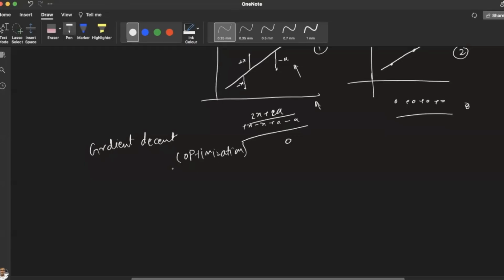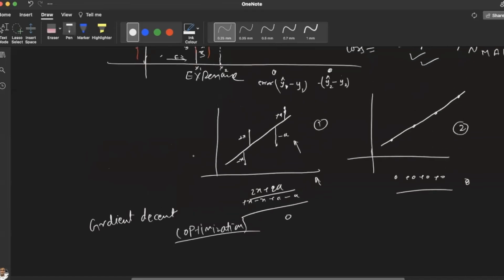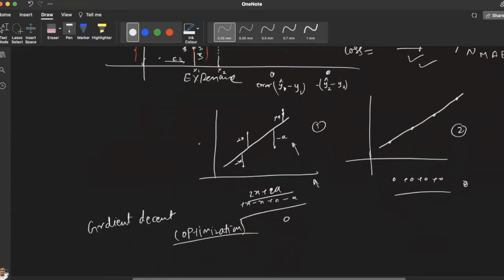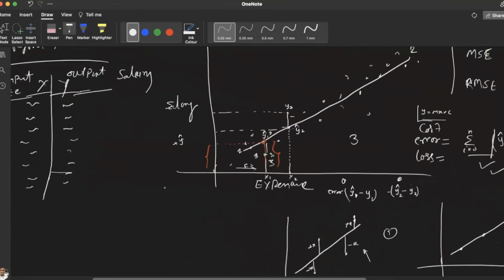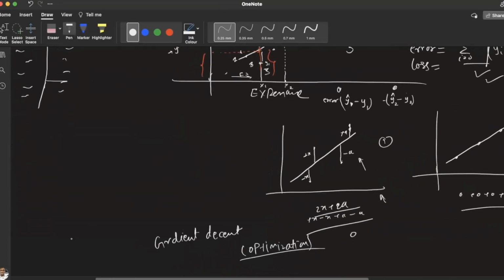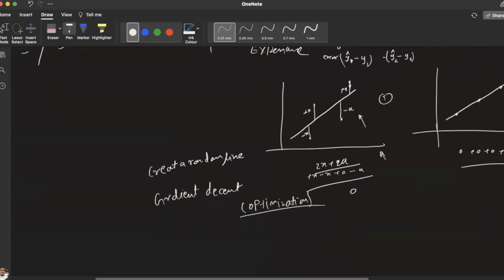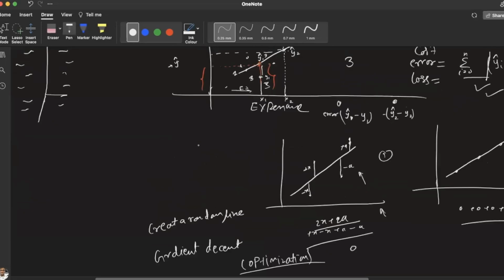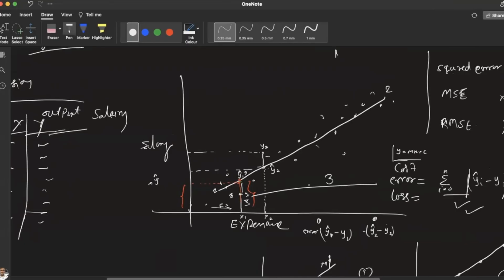Now let's understand what exactly the optimization algorithm does and why we need it here. Basically, in the gradient descent algorithm, in order to find a line that follows the data best, we will create a random line. So the process of linear regression is, first we create a random line, and then apply gradient descent on that, and it will optimize the line to be the best line. So we will create a random line, let's say this, and then gradient descent will actually change the